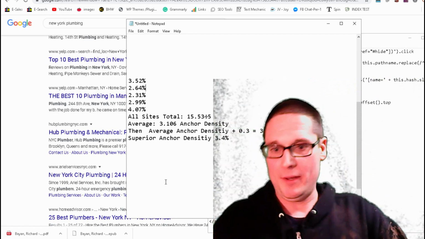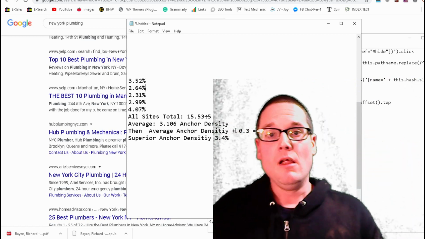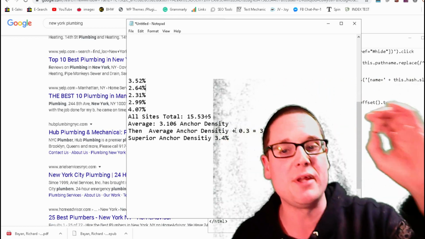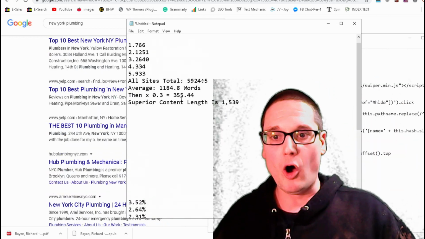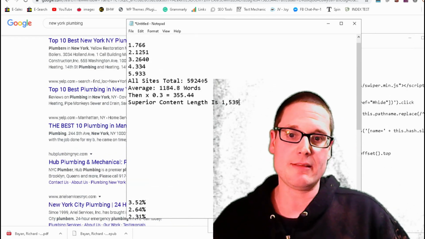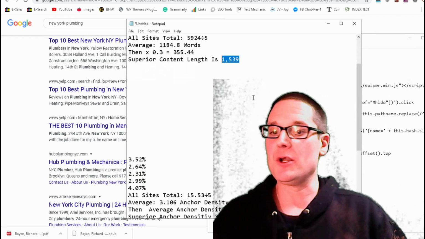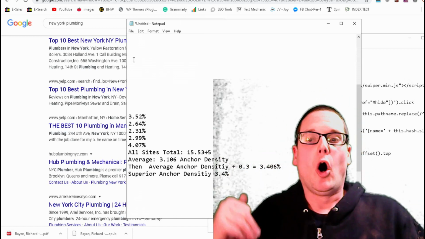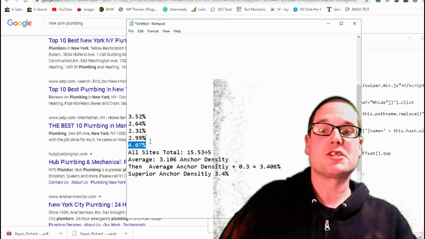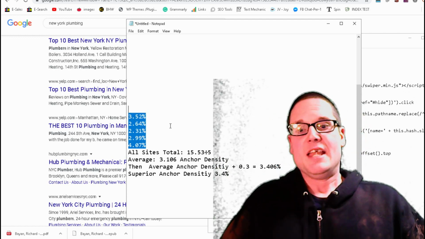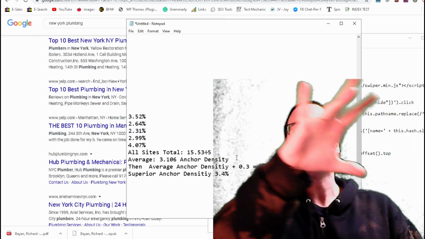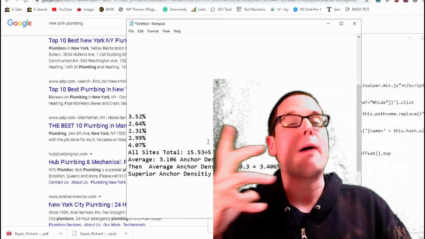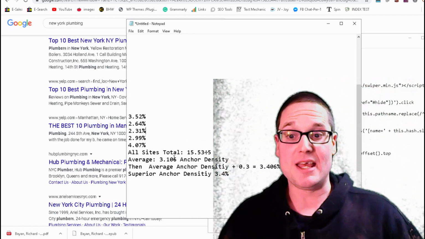That's our #1. Now we need to determine a mathematical equation to figure out what is going to be the superior density. We know that our superior content length is 1,539. Now we know that all the top ranking sites are using 3.52 and so on and so forth. They're right here. Now we've actually added up all of that density to come up with a total, and then we divided that by 5. We have our average density, which would be